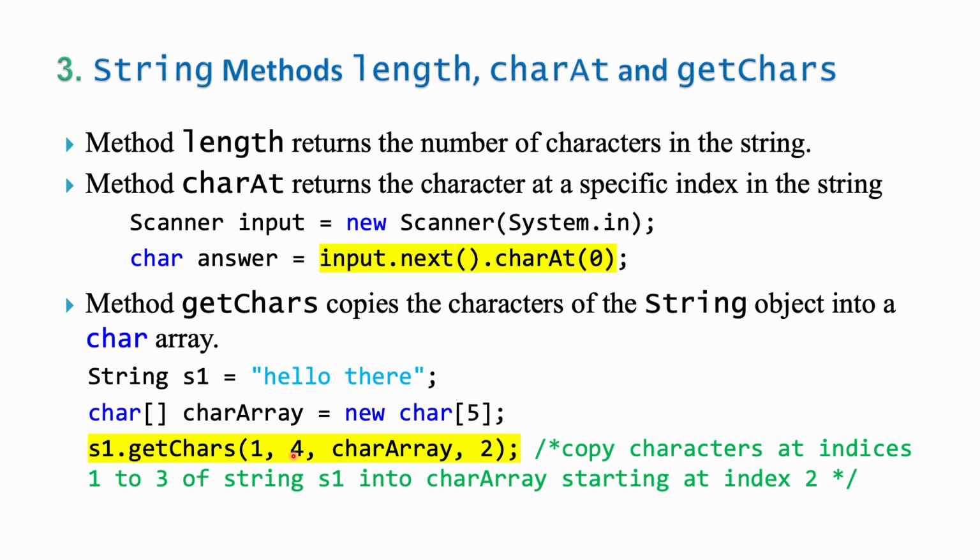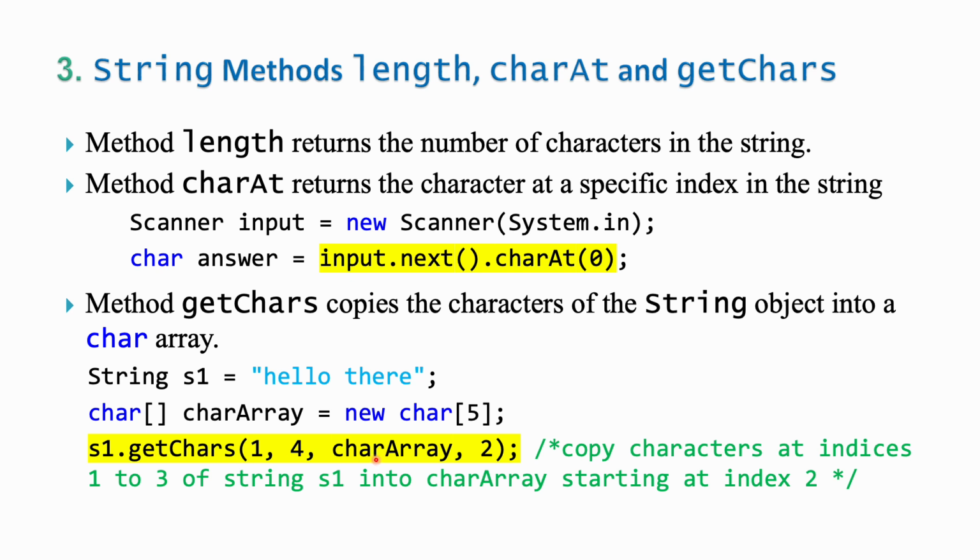For example, if the second argument is 4, then the index of the last character in the source string to be copied is 3, because 3 equals 4 minus 1. The third argument